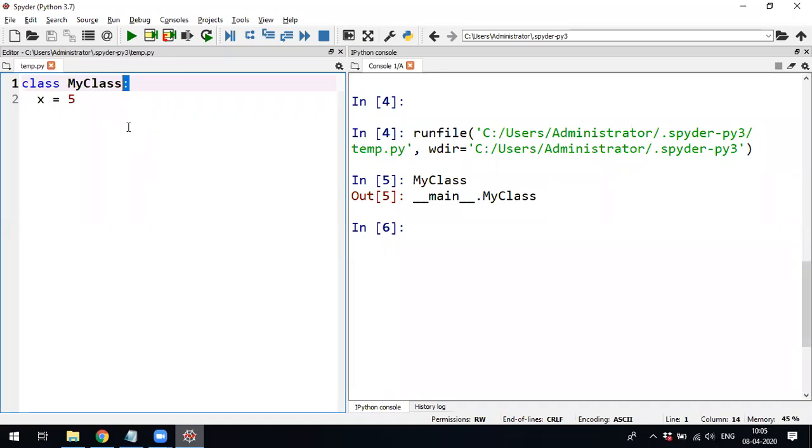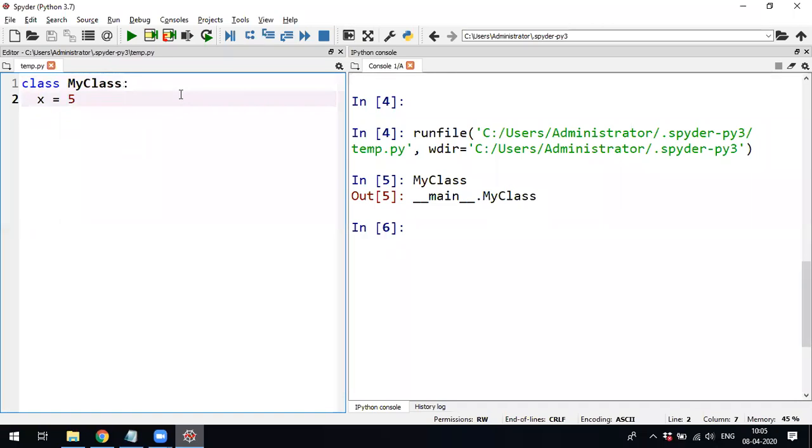On the next line, with indentation, you list the attributes. I have created one attribute, and we call it an attribute, X. We don't say variables here, we say class attributes. Class attribute here is X, and I have initialized it to 5.